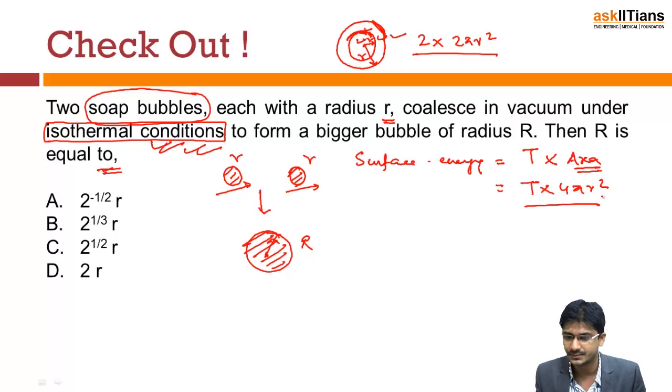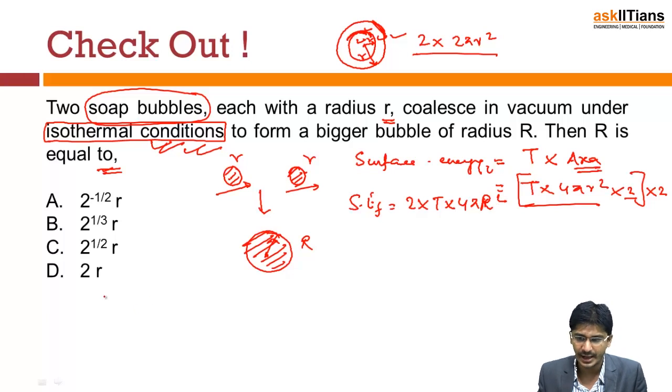So you will have this, and this is twice of this, because we have two soap bubbles. So this is the total initial surface energy. What will be the final surface energy? It will be simply 2 into T into 4 pi capital R square. Now if you equate these two, what we have is